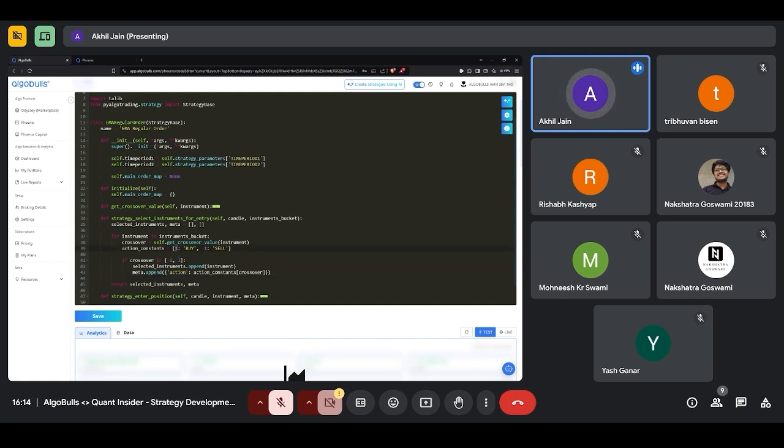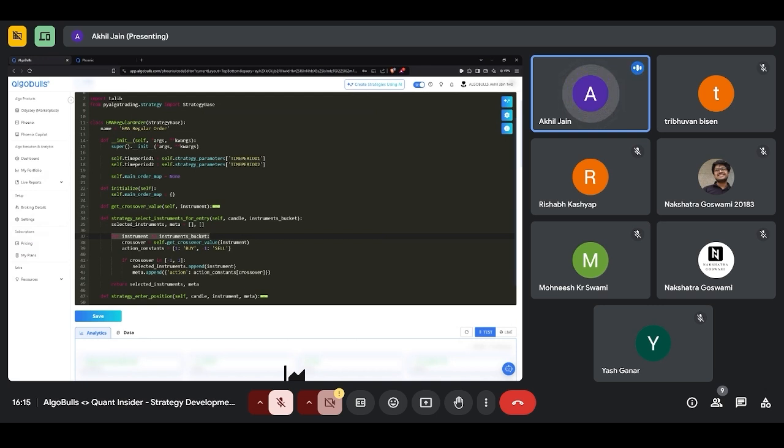So for cut upwards, which is 1, my action is I want to buy for this particular instrument out of the 20 instruments. And if the crossover is downwards, then I would like to place a sell for this particular instrument, whichever is going on right now in the loop out of those 20 instruments. And if there is no crossover, then I'm not going to do anything, because I have chosen to only act when my crossover is -1 or 1, which is crosses downwards or crosses upwards. Only then I will select, else I'm just going to skip. So when I skip, it will automatically go to the next instrument here.